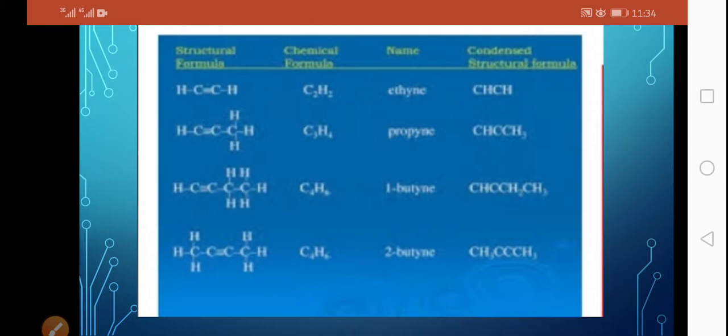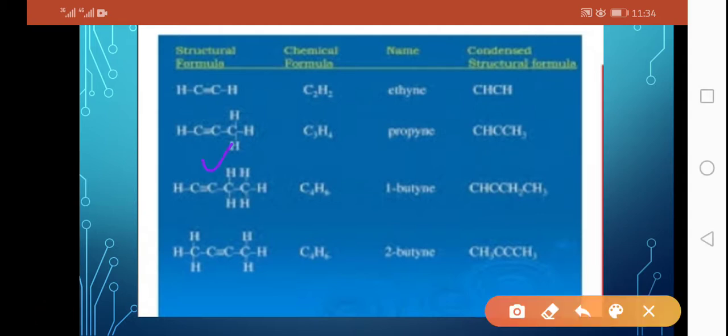And as in butyne, you can see that the position of carbon to carbon triple bond can vary, that we can give them different positions, so it will lead to the structural isomerism that you have studied in one of your chapters, hydrocarbons, in detail. And here you can see that, due to the structural isomerism, the position of the triple bond is different in both the chemical and structural formulas. You can see that here the carbon to carbon triple bond is given the position 1, and in this it is given the position 2.